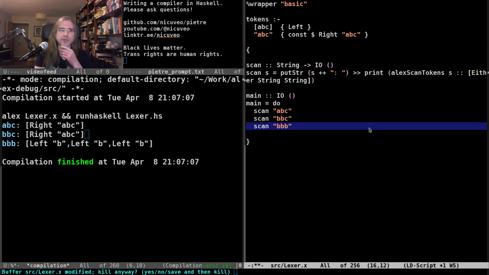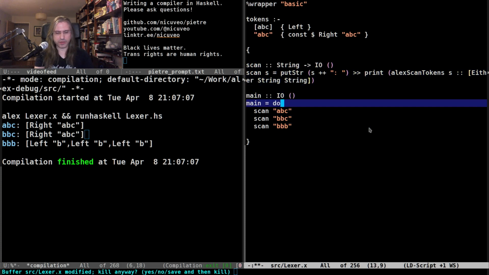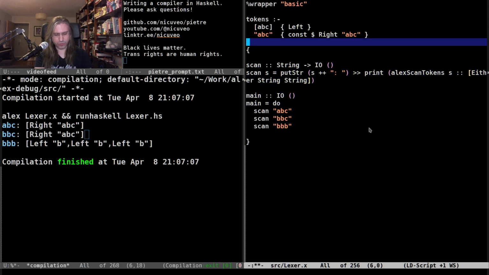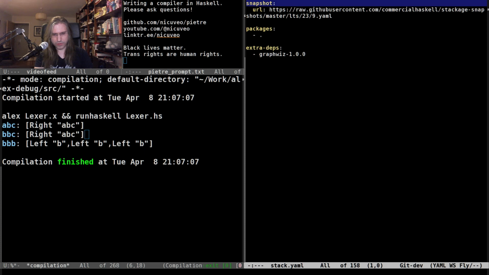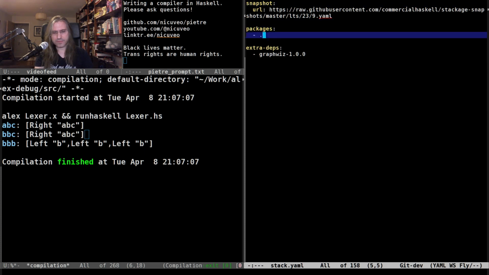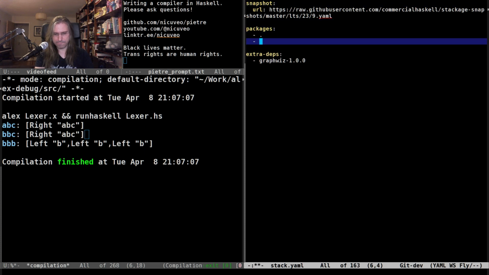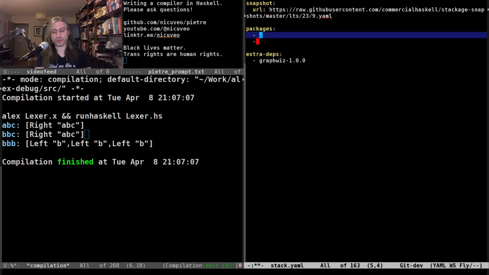Oh wait, no, because we're using Stack, and Stack I think will be trying to run. So I think if we try to run it now, we're gonna have the same problem. I guess what happens. Can I force Stack to use the up-to-date version of Alex?